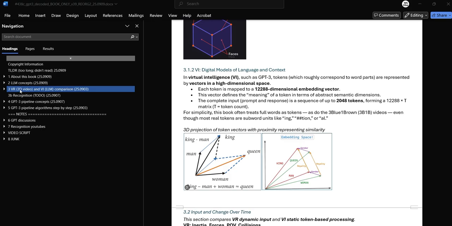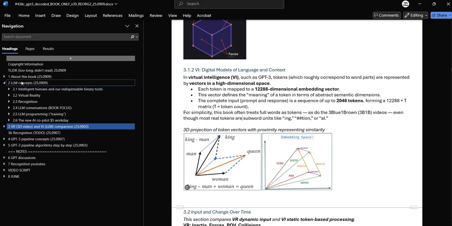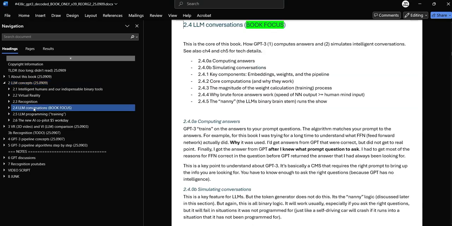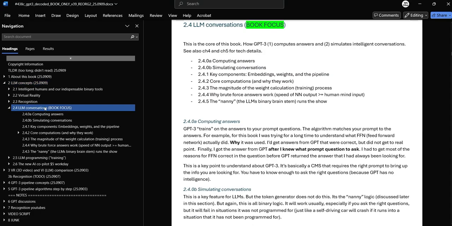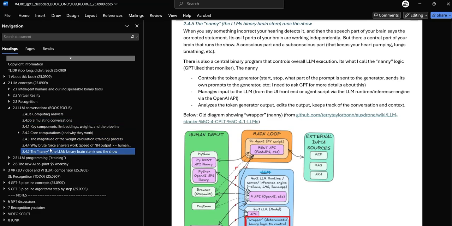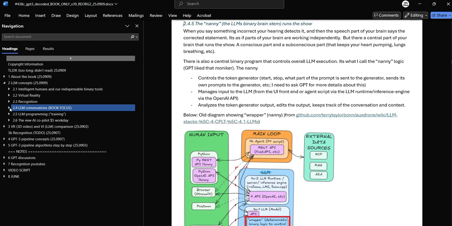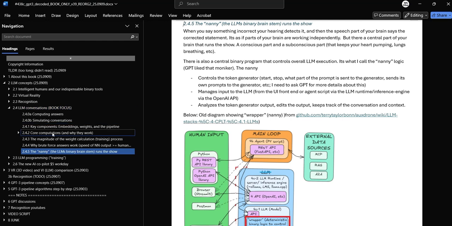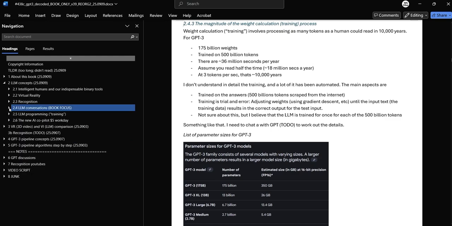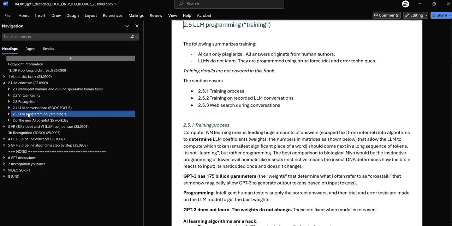So we've done the last 4 chapters here. Now we're working our way backwards to chapter 2. I like to work backwards. So we've covered LLM conversations. This is concepts. A lot of interesting concepts here. I won't talk about it now. And these are my original diagrams. They are not pretty, but again, it's my original text. And a lot of this I didn't see anywhere, so I had to write it myself. And this talks a little bit about programming,